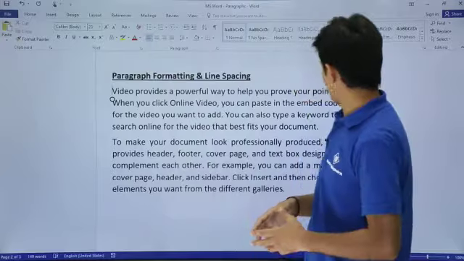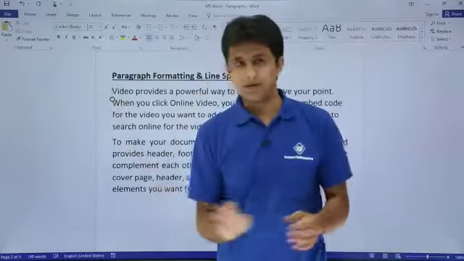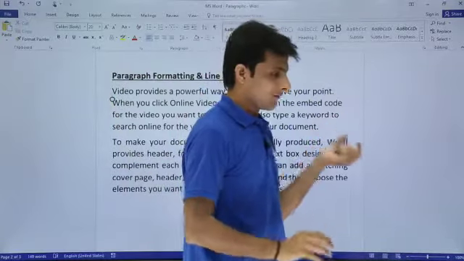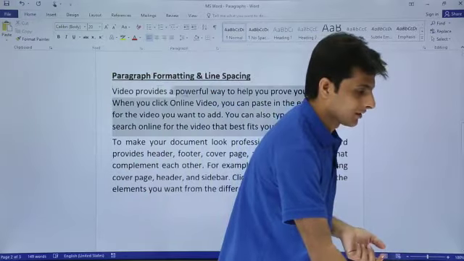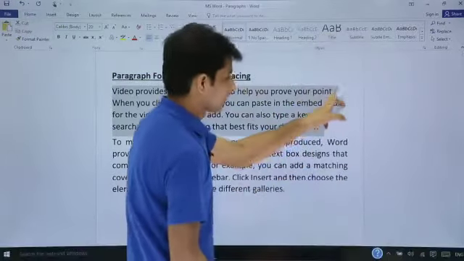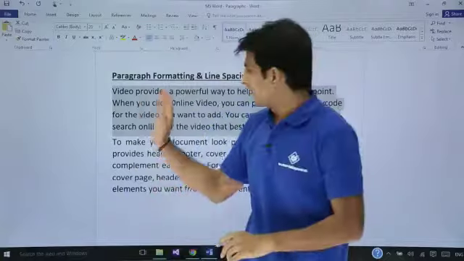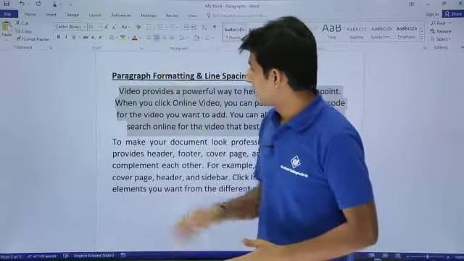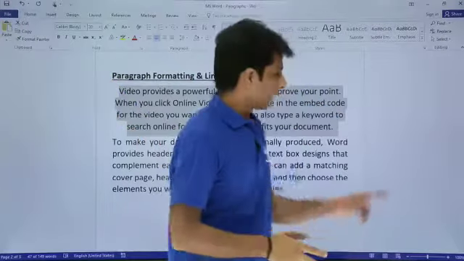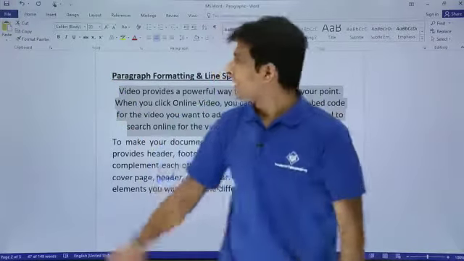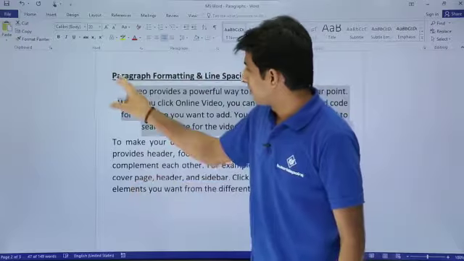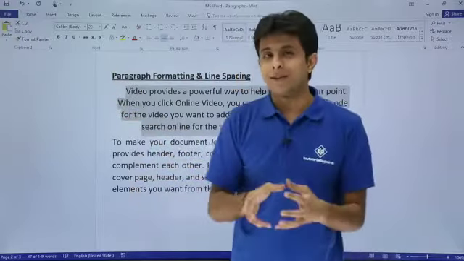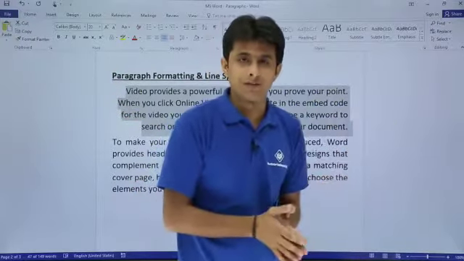If I click on left, if you observe here, the entire text comes on the left and this area is left empty. That means it started the text from the left hand side. Now, if I want to go from the middle, from the left also the space is left and from the right also the space is left. If I select the right option, only from the left hand side is the space left, but from the right hand side there is no space left.